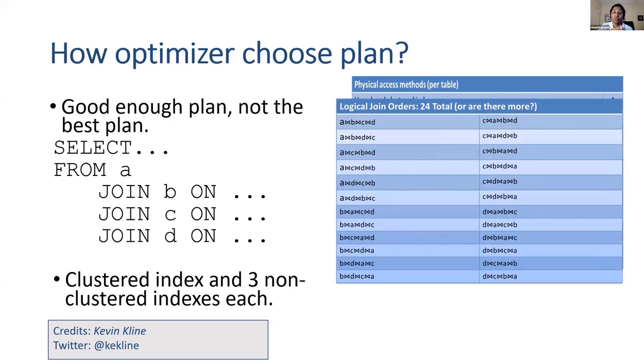On top of it, it will also have to analyze the 24 different types of logical join orders. Now, what are these? In our example, we have a 4-table join, right?